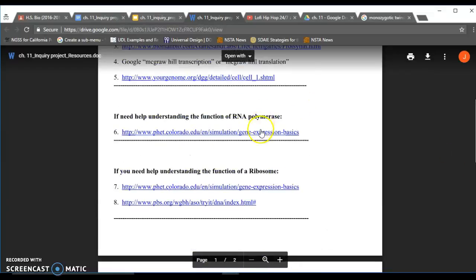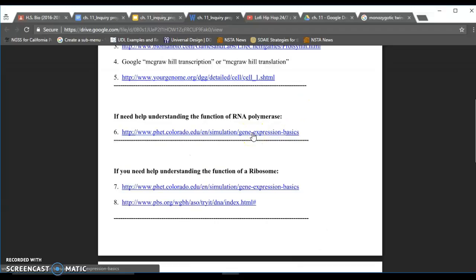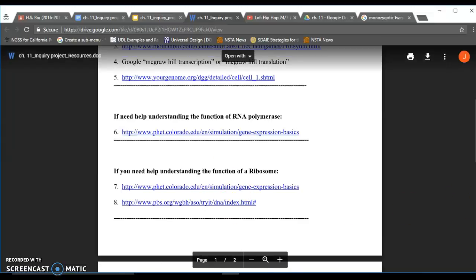So when would you use this? If you felt like the RNA polymerase gene was the mutation that might be the cause of the difference in twins, if that's the only gene you had that had real differences or mutations, then you're probably using RNA polymerase as your hypothesis. But if you couldn't really remember completely what RNA polymerase did, you could easily click on this link and go to an activity to remind you of just what RNA polymerase does and how, and then you can creatively try to come up with some explanation of why that particular protein from that particular gene could have caused differences. And the same goes for ribosomes, right? So if your ribosome gene is to blame,